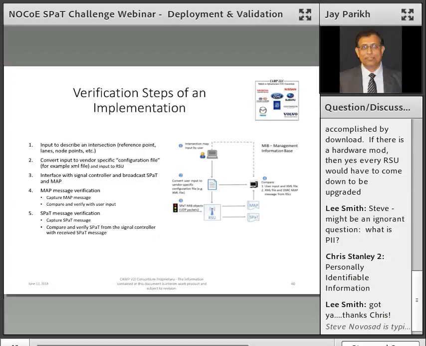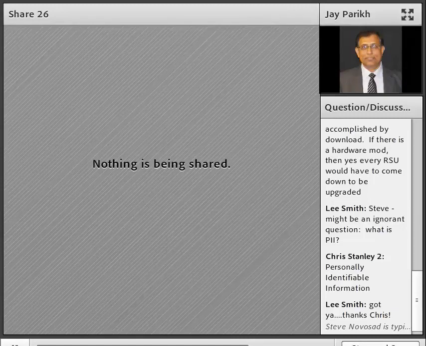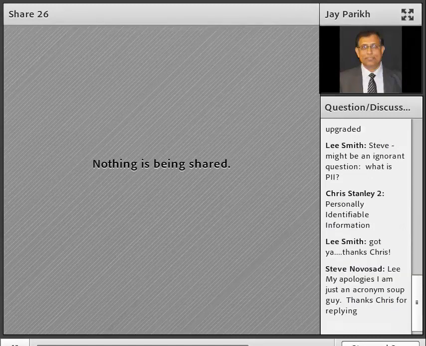Next is the interface with the signal controller, and broadcasting SPaT information that gets the information from the signal controller, and that again matches with the map that has been defined and the lane level information that has been defined. So from a verification point of view, one needs to have a tool that can receive that information and compare it against what was actually inputted from step one and so forth. So the key that